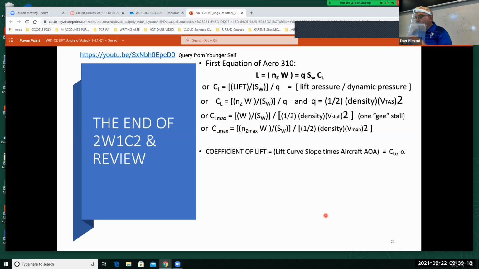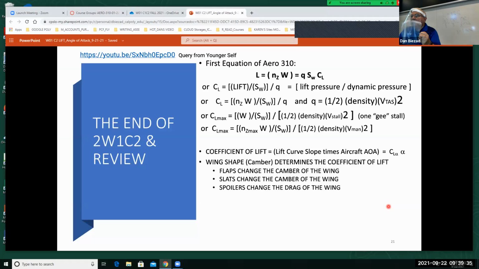So to review, the lift curve slope and angle of attack are in different units, but they're related by a function that has pretty much the same slope. And wing shape, right? So this is kind of a view graph of things that I think are important. Now, if I put that view graph on as the first view graph, then I wouldn't have to worry about class size anymore. But now hopefully you can work your way through that equation and see how a simple equation gives you tremendous